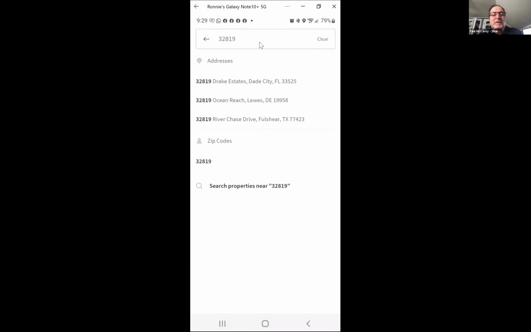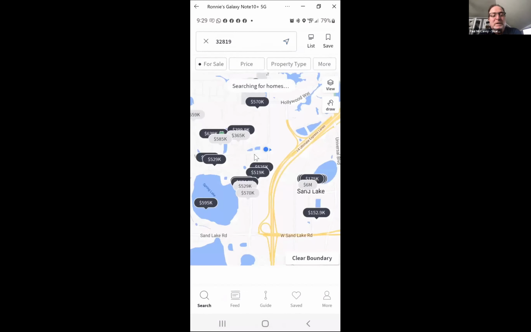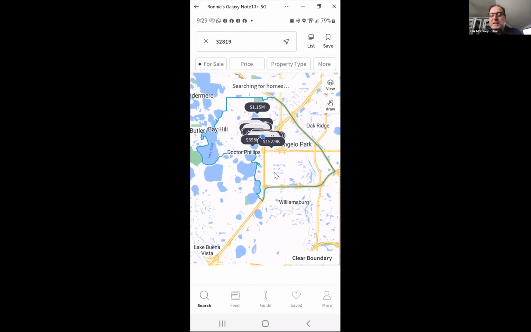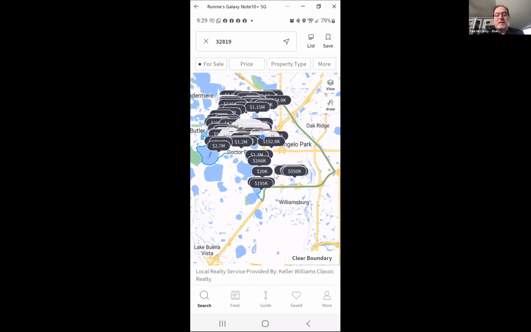So if you just hit done, it gives you a broad scope of that area. If you don't click down on the zip code, it will give you a lot more than just that zip code. I don't know if that's making sense. Yeah, because it doesn't know it's a default. I had it with a consumer this week because I'm trying to really use this now. It was like, if you don't click on the zip code, it gives you all the surrounding